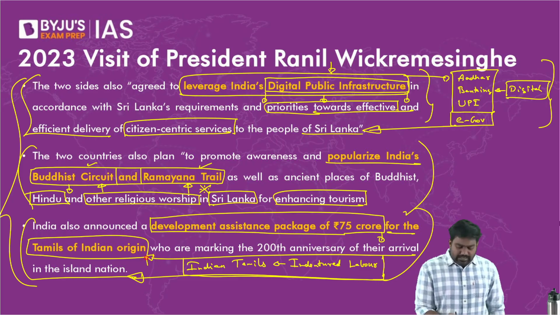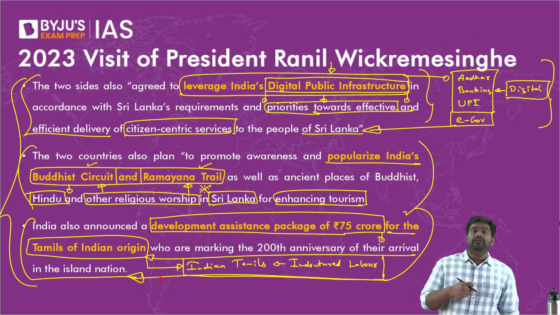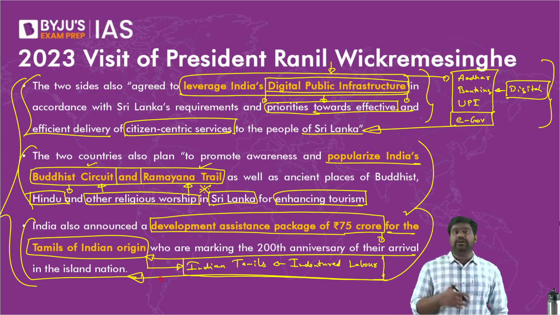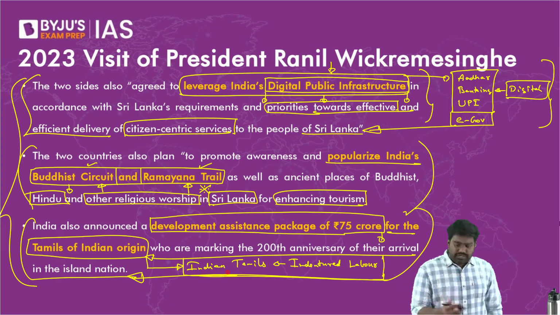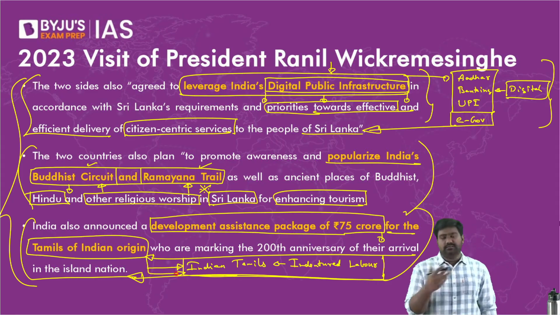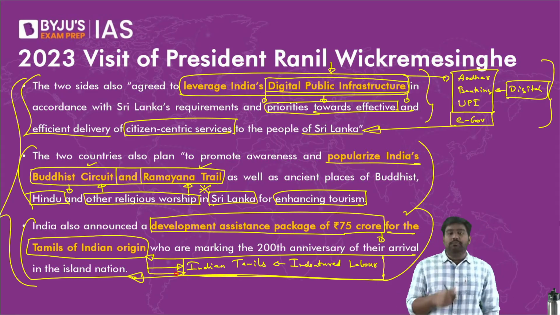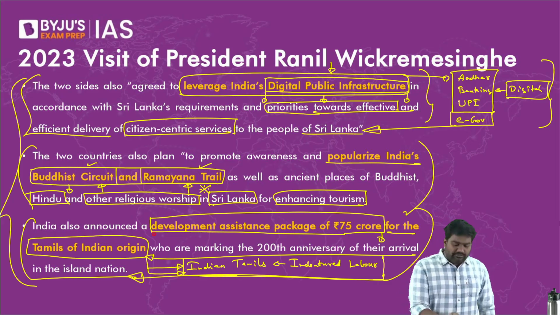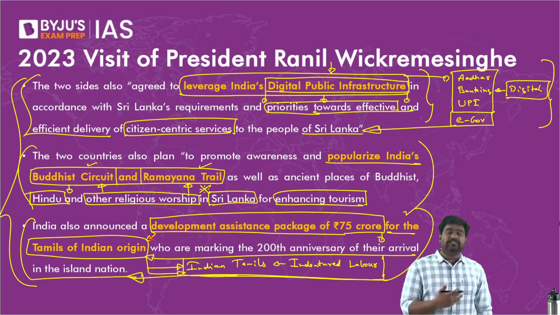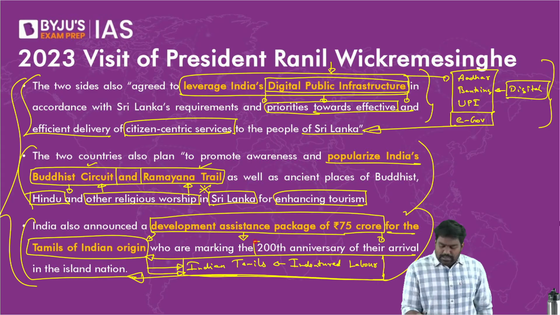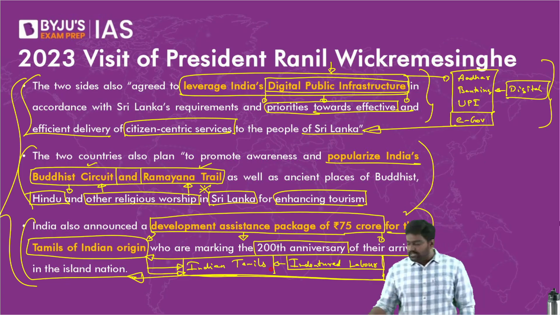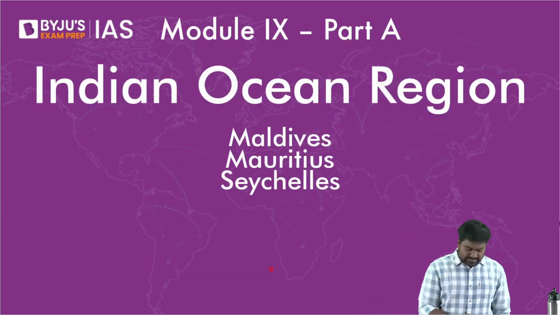So this community, which has been rendered stateless previously, right? Some of them have been pushed to India by Sri Lanka because of how it discriminated against them. They've suffered from backwardness and lack of opportunities as well. So today, Sri Lanka has taken back several Indian Tamils. They are given citizenship as well, even though India has accommodated a few. So to provide for their overall development, to look after the welfare of Indian Tamils both in India and Sri Lanka, a special package of 75 crore rupees has been announced to mark the 200th anniversary of their arrival under the indentured labor system. So these are the big new initiatives that India has announced.